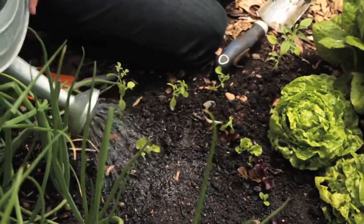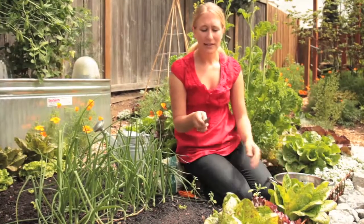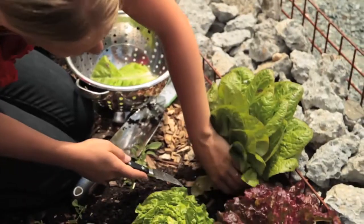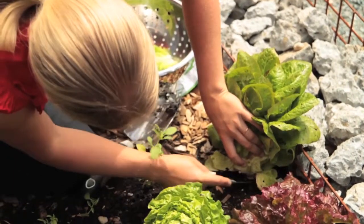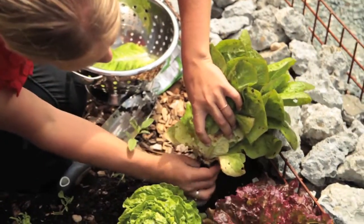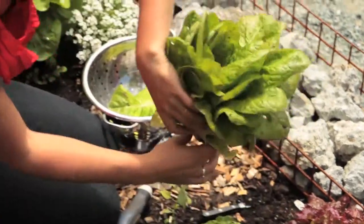You can harvest lettuce at any time. I'm actually going to harvest a whole head. And the way you do that, I think the best way is to take a knife and slide it just below the soil line and cut the head of lettuce off the root, separating it from the soil. And then you want to make sure you leave any of the roots behind,